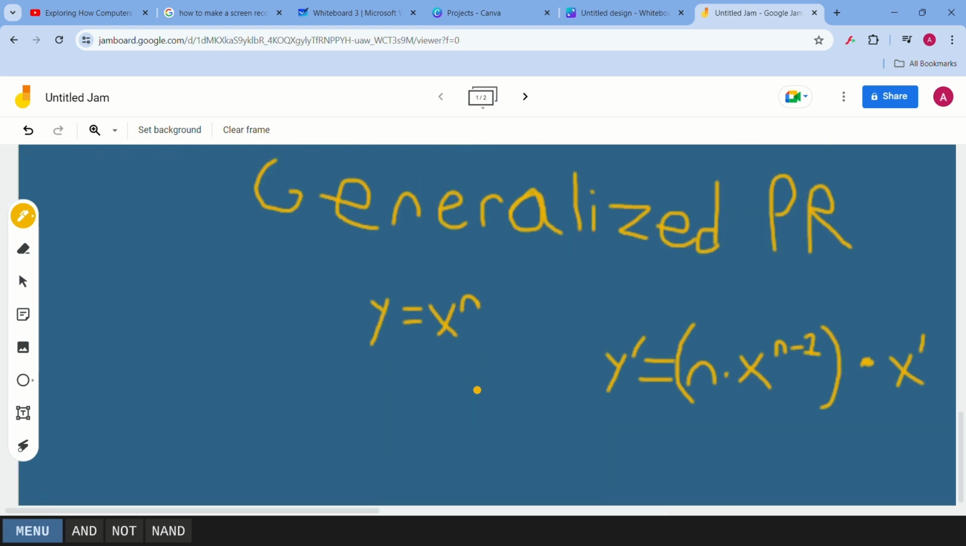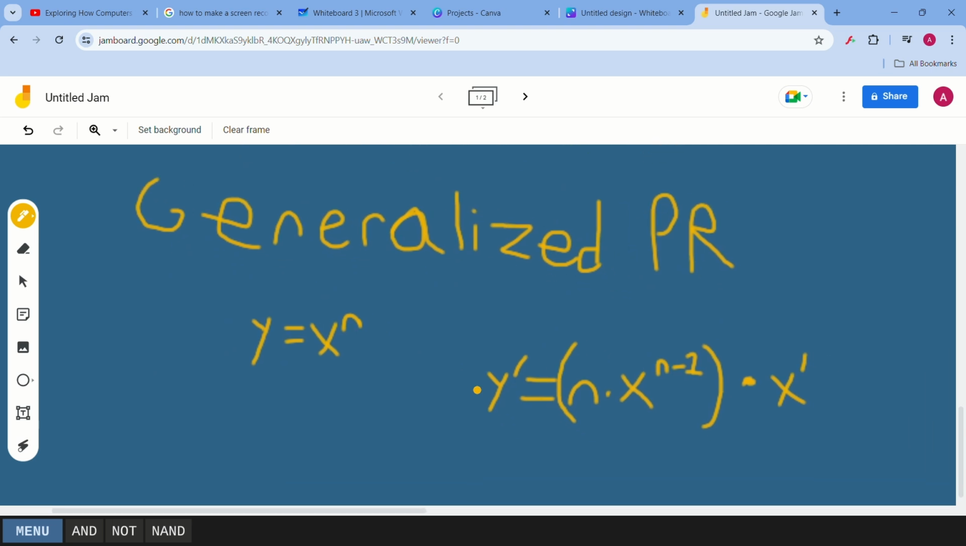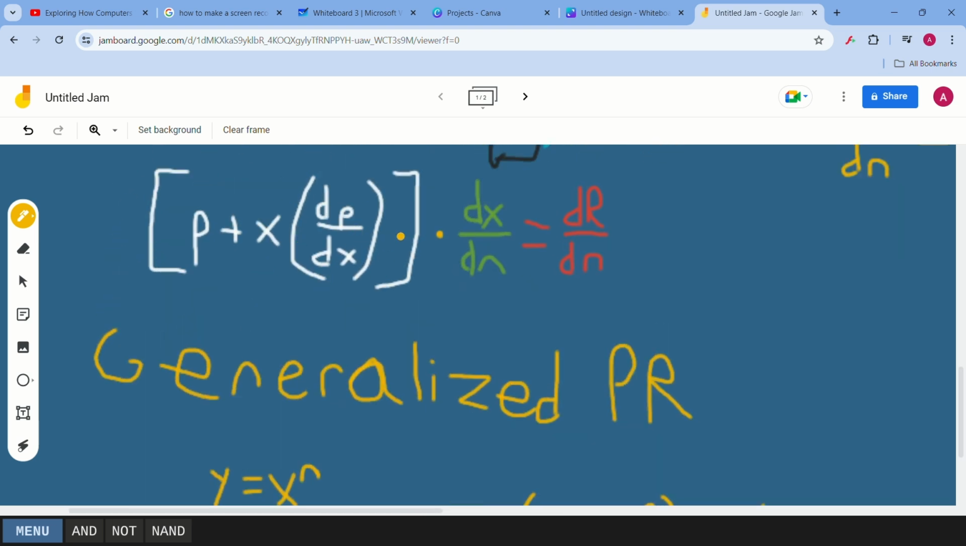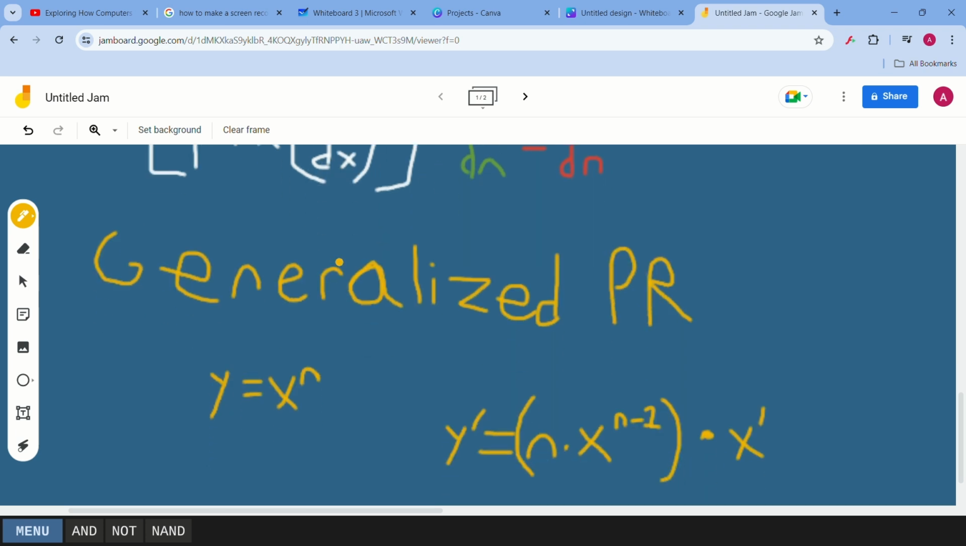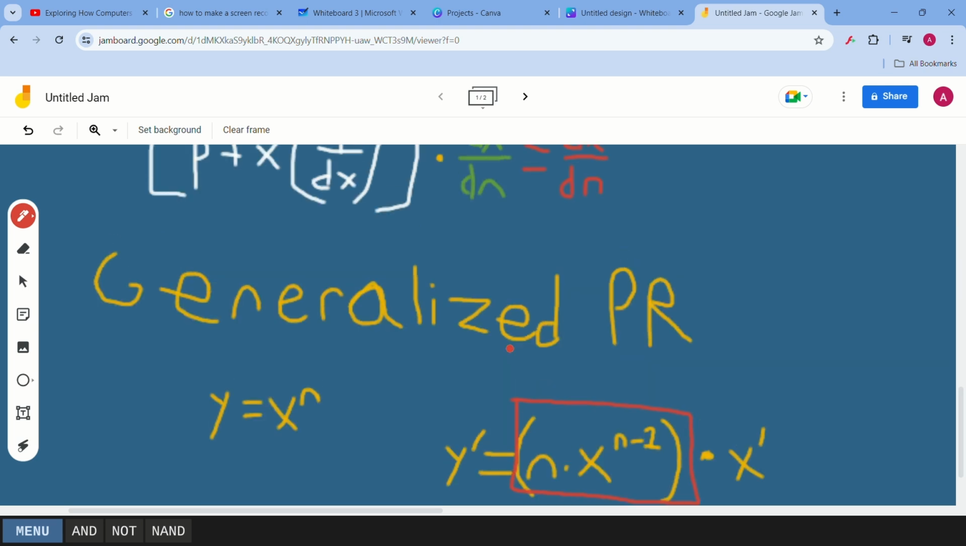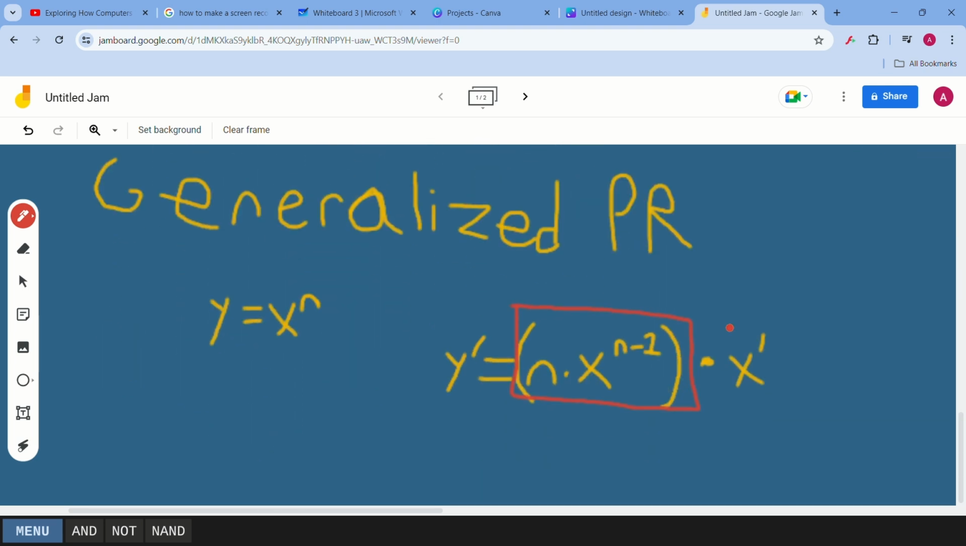So that's it, folks, for today. And I'm going to give you a little hint. Here, dp over dx, right? This dp over dx is this. And dx over dn, I'm going to put in a different color, is this. So, dx over dn